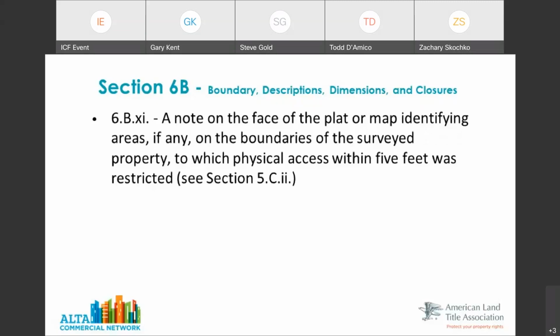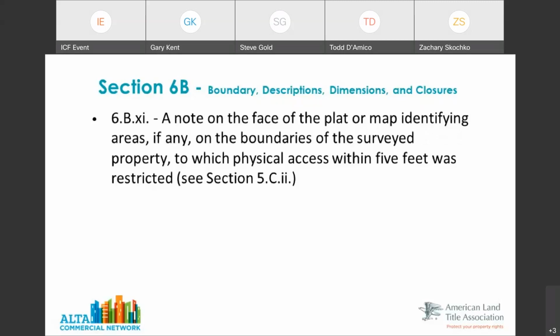On 6B11, if you remember in the field in section 5 yesterday, we talked about locating features within 5 feet of the boundary. Well, sometimes you may not know what is within 5 feet of the boundary, particularly on the outside on the neighbor's property.